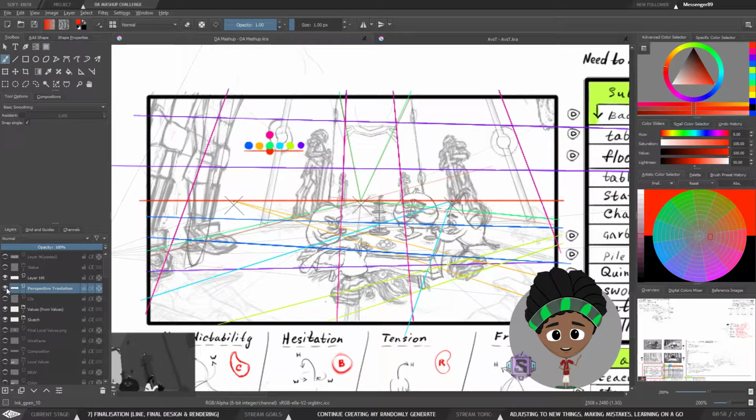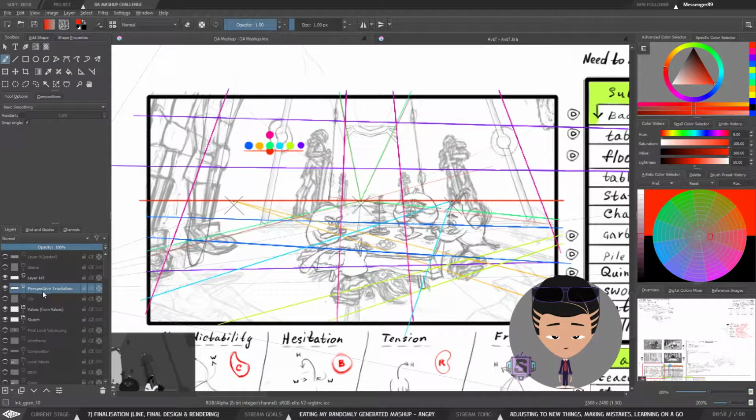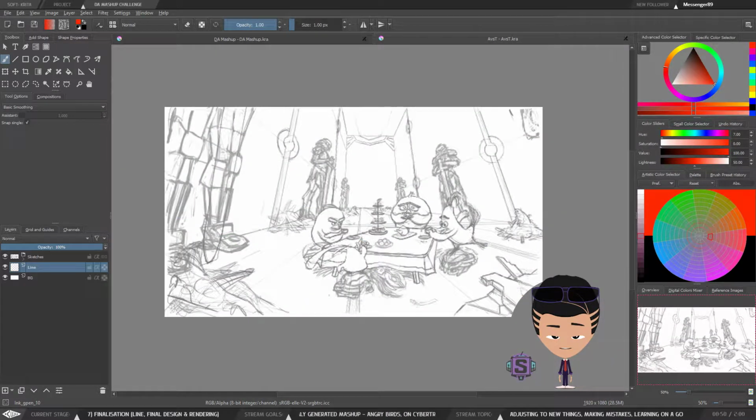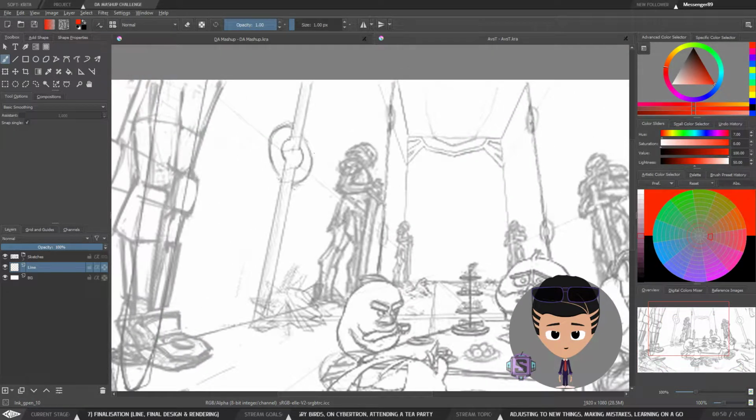Again, this is something that I think we like. It probably seems excessive, but again, I want to know what I'm doing, and I don't want to end up with a lot of problems in my final illustration when I'm going to add new designs. For instance, I'm going to add a lot of new designs almost everywhere. So we're going to create actual designs for these robots, and the statues. We need to make sure that we know they are going to fit proper perspective with every single piece of their design,